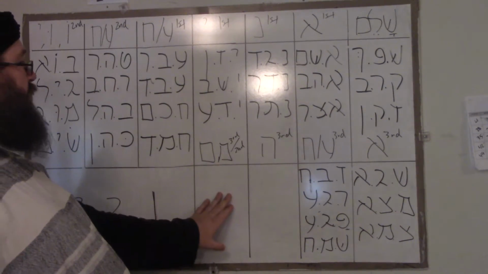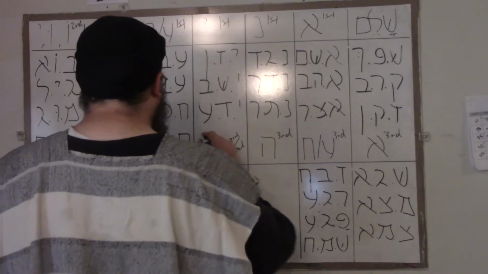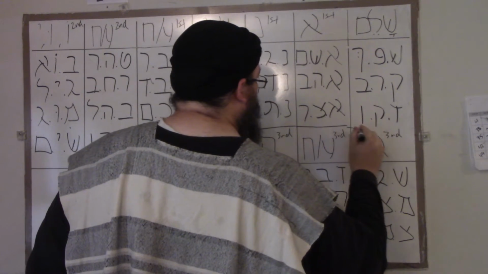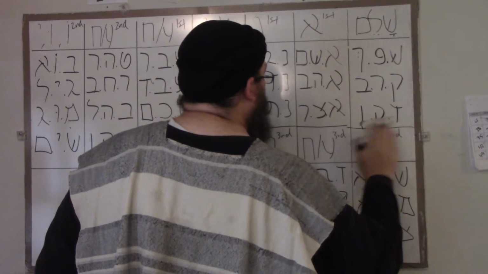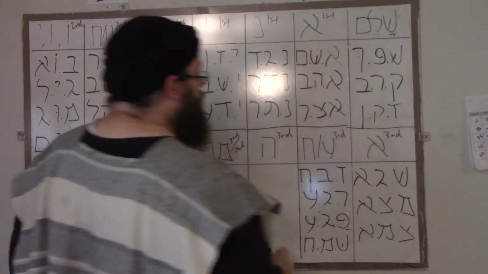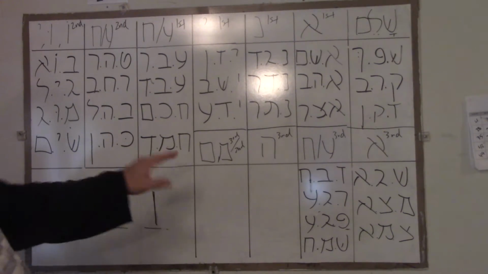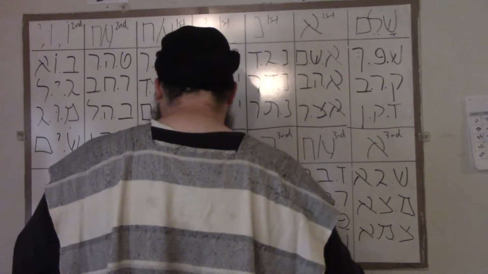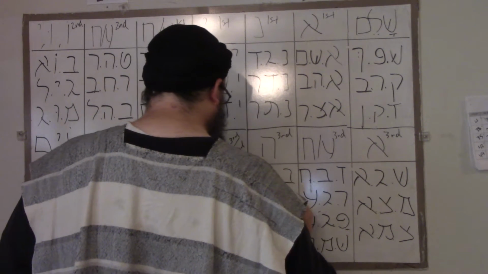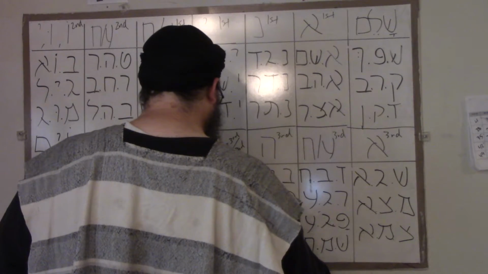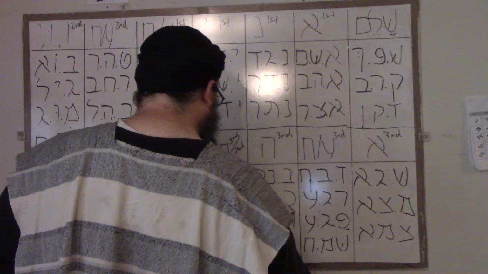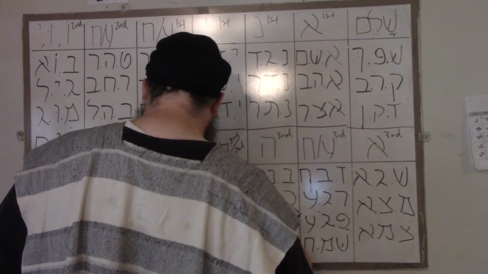So now what we've got left over is the third Hey, and the last is the third, and the second root letter is next. So here we've got Bet, Nun, Hey, Kaf, Lamed, Hey, Resh, Aleph, Hey,